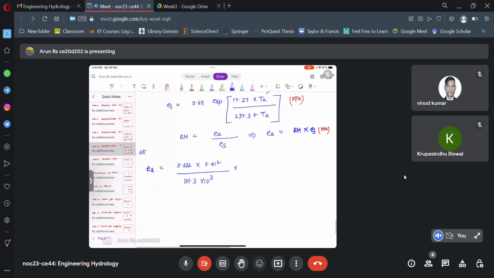So I'll compute for at T is equal to 12 hours, which is the maximum evapotranspiration is occurring at that particular time,